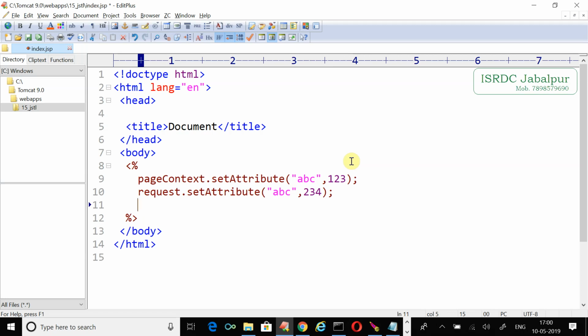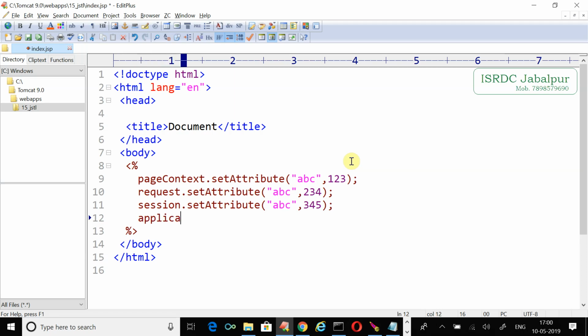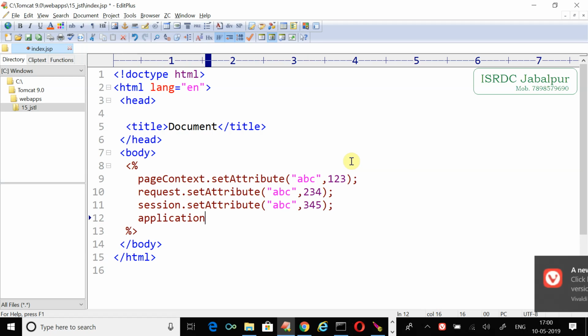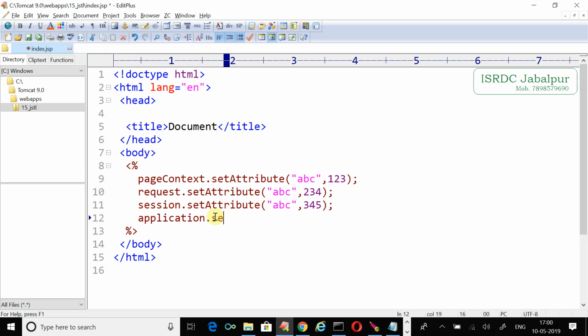Now we want to save an attribute into the session scope. session.setAttribute. You can use different names as well, but in this example I'm just demonstrating it. Application is one more JSP implicit object. application.setAttribute. Again, we can save an attribute using scripting, but what if we want to save an attribute in available scopes